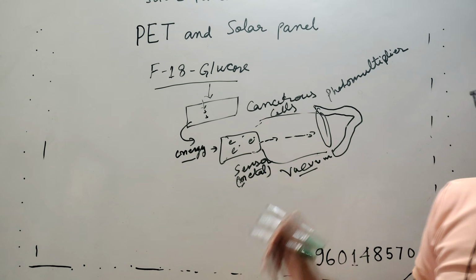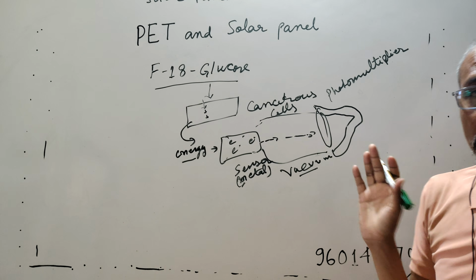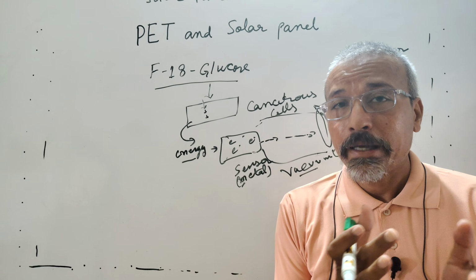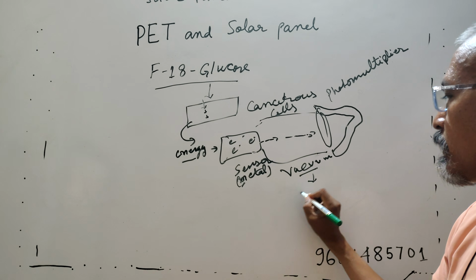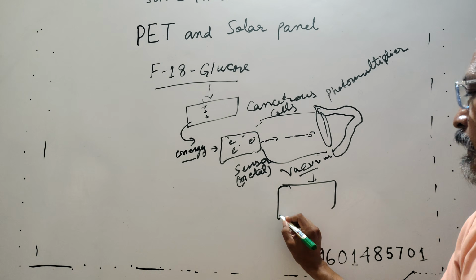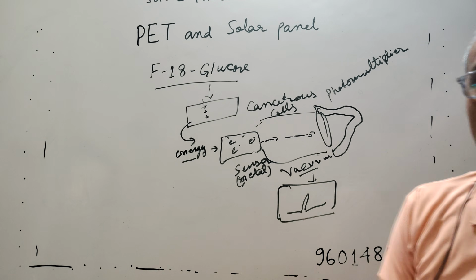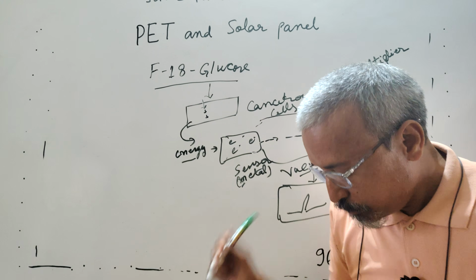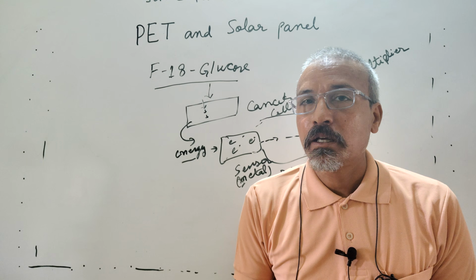Okay, so this photomultiplier will convert this energy into an electrical signal, and that electrical signal could be displayed by the computer. So in positron emission tomography, if the strength of that signal is higher,